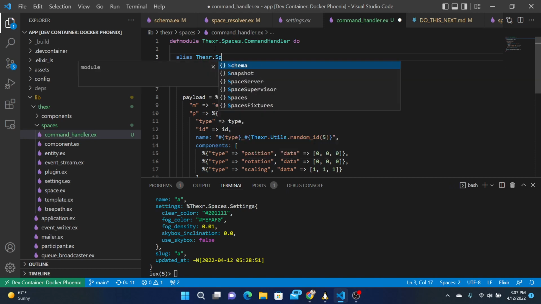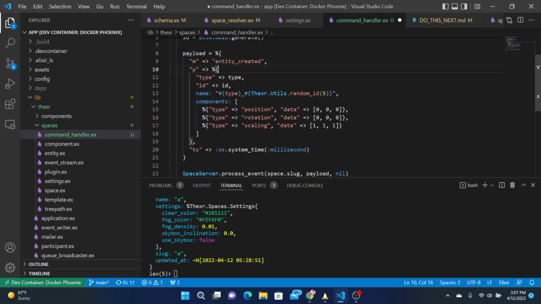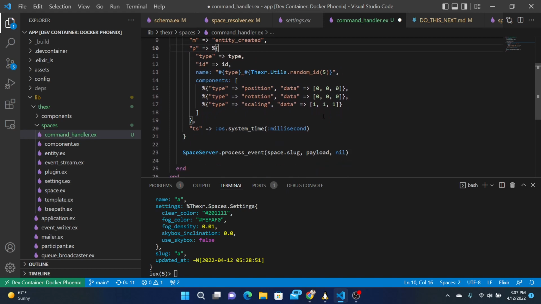The XR space server, and we'll process the event. Using the space ID.